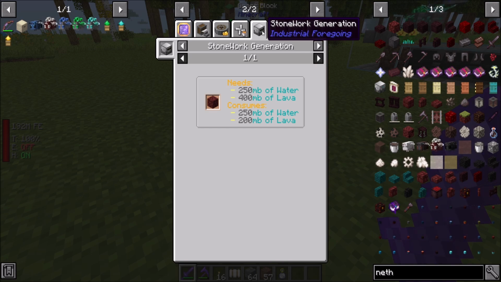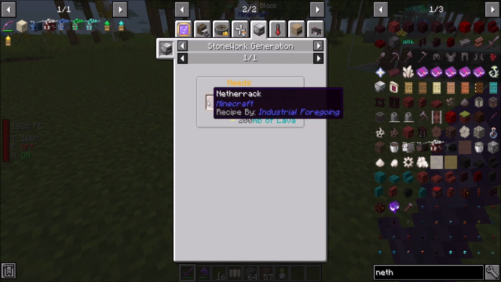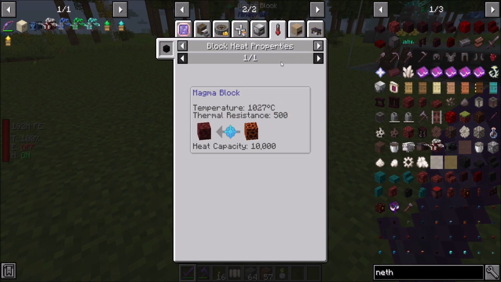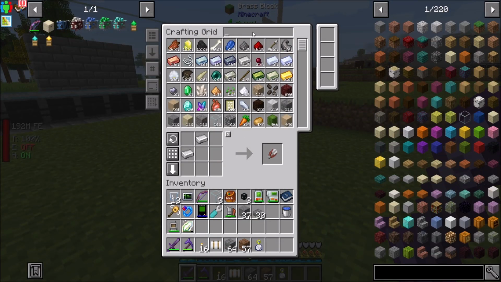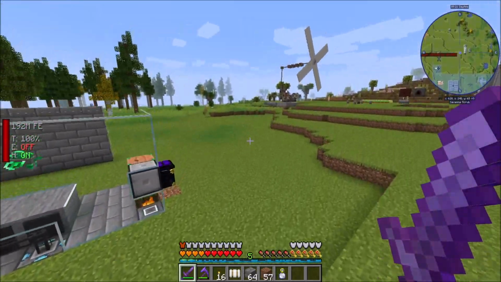The stonework generation can do it. It uses up water and lava, but the stonework factory can make netherrack. So we could set up a material stonework factory, though I would wager that my... Oh, actually my stuff is there. That's cool. So I didn't have to break and replace my...